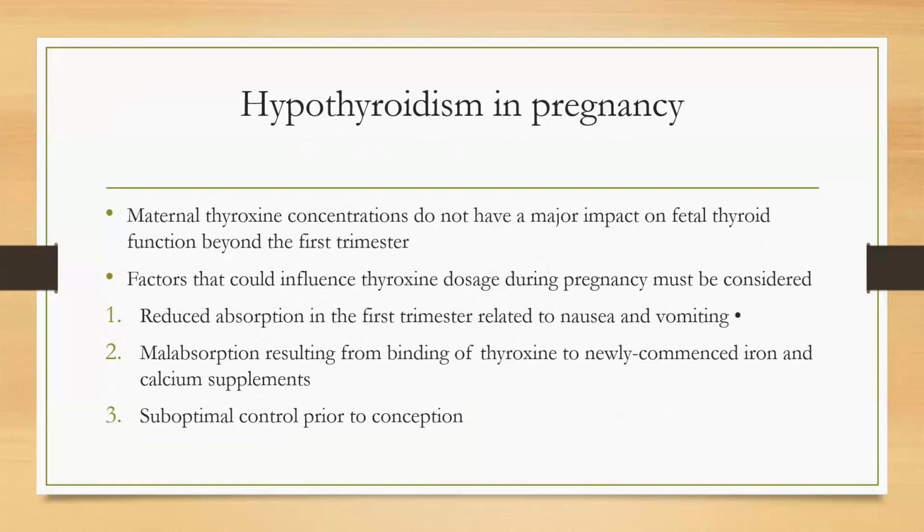Hypothyroidism in pregnancy. Maternal thyroxine concentration does not have a major impact on fetal thyroid function beyond the first trimester. Factors that could influence thyroxine dosage during pregnancy must be considered. Reduced absorption in the first trimester related to nausea and vomiting. Because of nausea and vomiting, there is a reduced absorption of